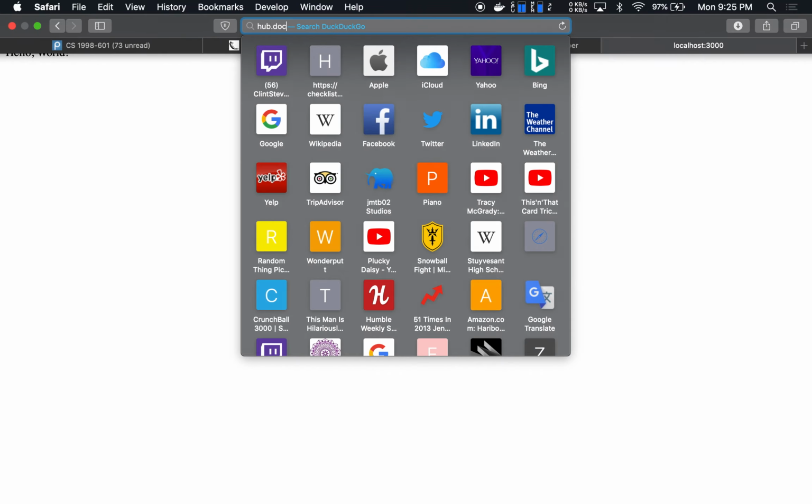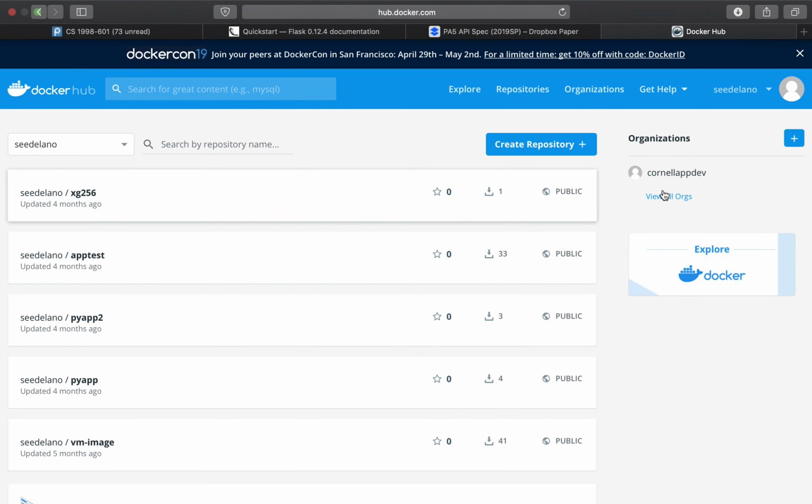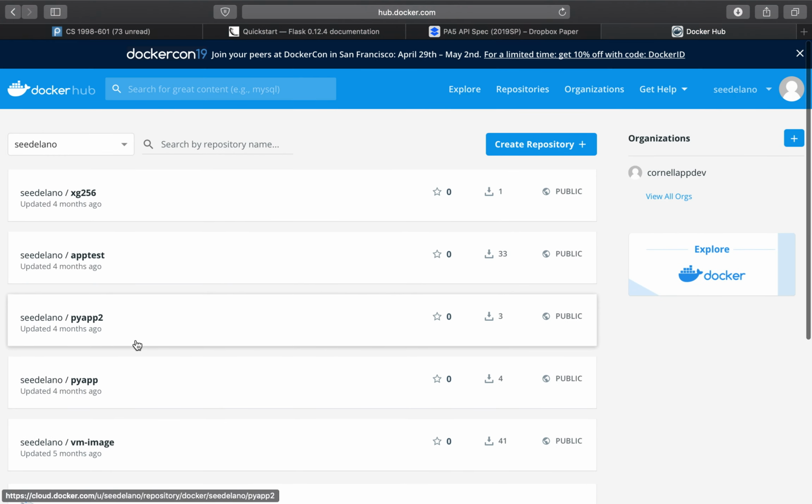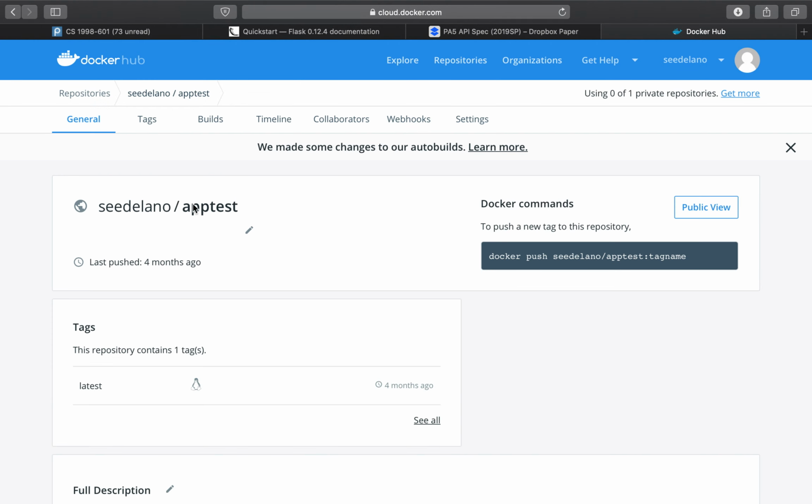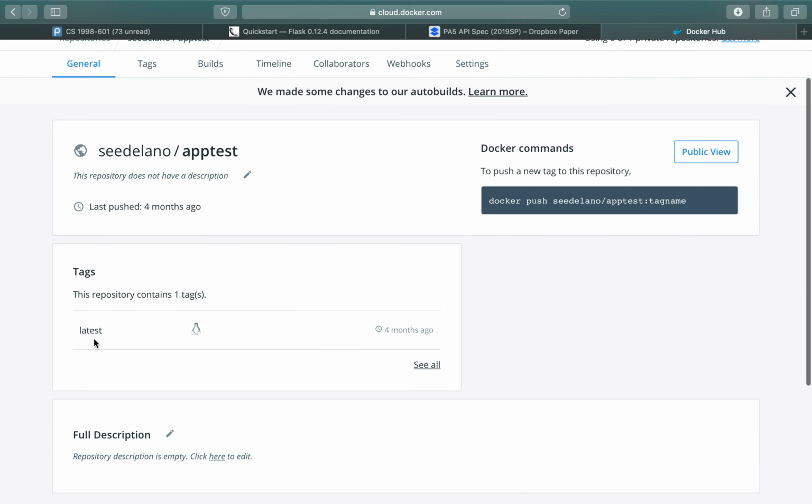So the way that you can upload it to Docker Hub, first, if you just go on hub.docker.com. I already have an account. Wow, great. I think I did this demo before. But yeah, you can just register an account and then you get a username, and then these are repositories. Oh, sorry, yeah. So these are just repositories. Each of these has a tag associated with it. So if I click on one of these, there is a default tag that always gets added, latest.